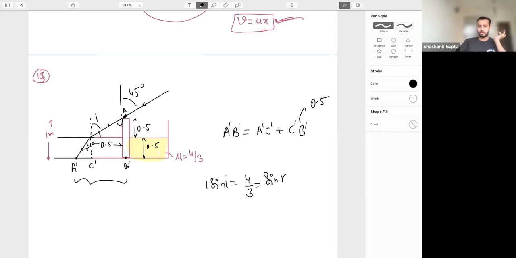We actually need only one ray to find the image of this point. Multiple rays are coming, but from the sun, parallel rays are coming, so there will actually be one ray which will strike at point A. Imagine B dash is basically, suppose this is the pen. Now where exactly is the image forming? This is my board. This is AB. So can I say the point which is in contact with the floor, the image of that point will be exactly at the same point.